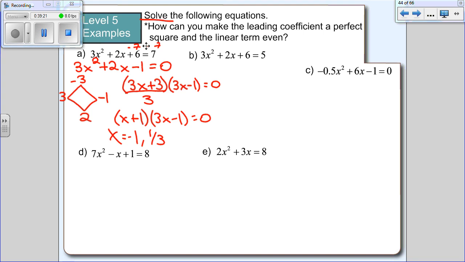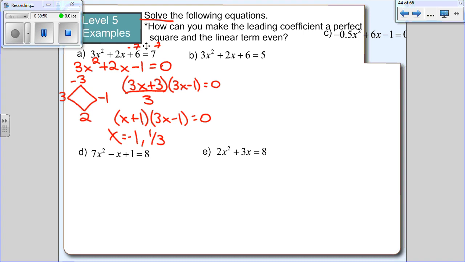Again, try your best to always use diamond method first. Makes your life much easier. I'm just going to slide C out of the way here for a second. I'm going to do B. So let's try it again. To do B, you have to be in what? General form. You have to be equal to 0. You're going to end up with, draw a line here to break this up a little bit. You're going to end up with